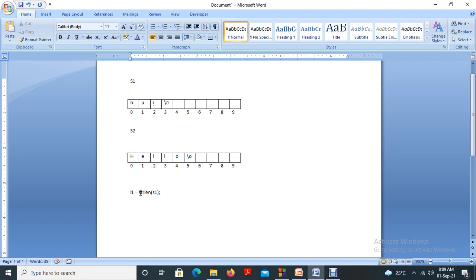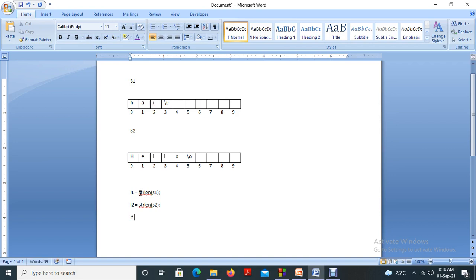So L1 equal to strlen of s1, then L2 equal to strlen of s2. So we got the lengths of both the strings and stored them in variables L1 and L2. What is the next step? We are going to verify whether both the values are same.